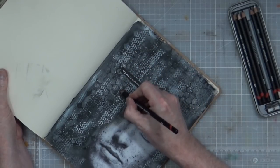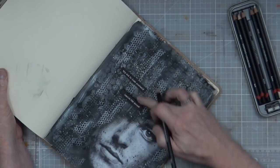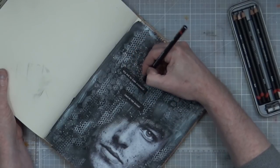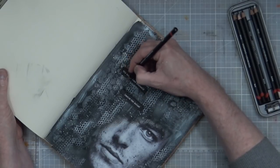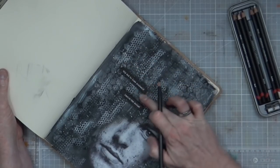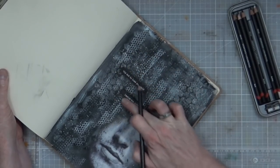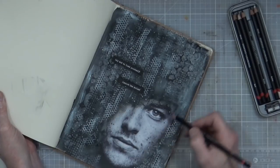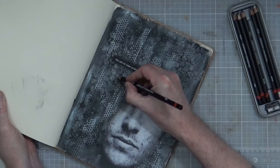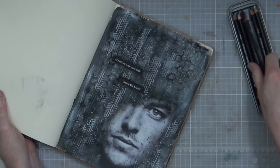And when all's said and done, you know, we do these art journal pages to please ourselves. This adds a nice bit of shading and variation, which you could also do elsewhere on the page if you really wanted to, but I don't actually think it's necessary. And I could